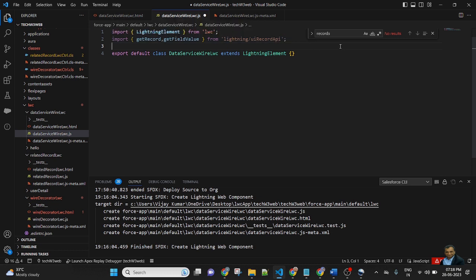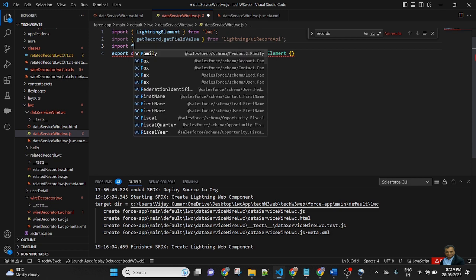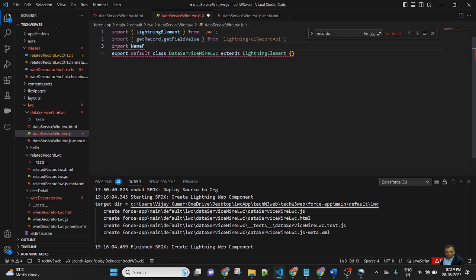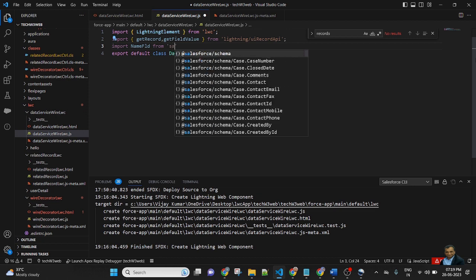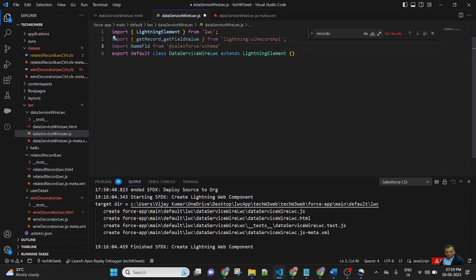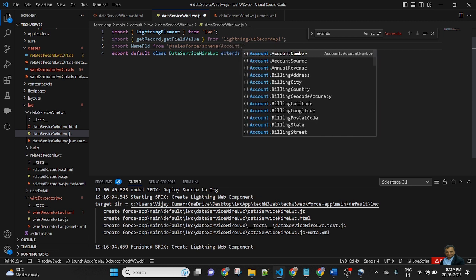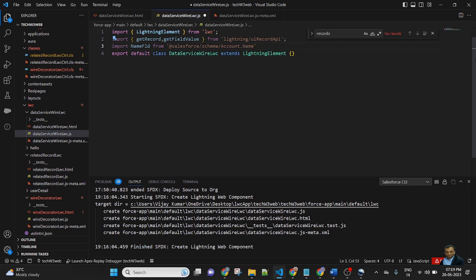After that I will get the field names. So here I will import the field name. Import NAME_FIELD from @salesforce/schema/Account.Name, this one. So I am importing two fields from account.